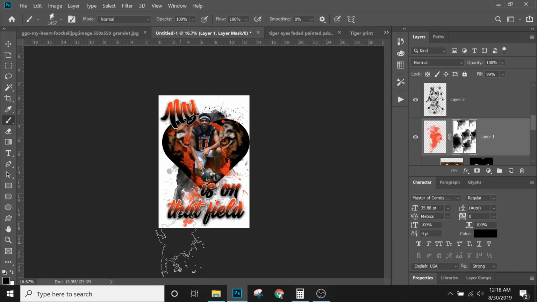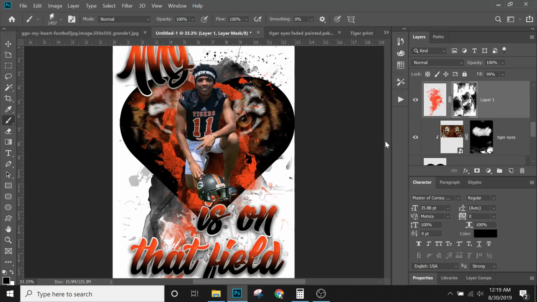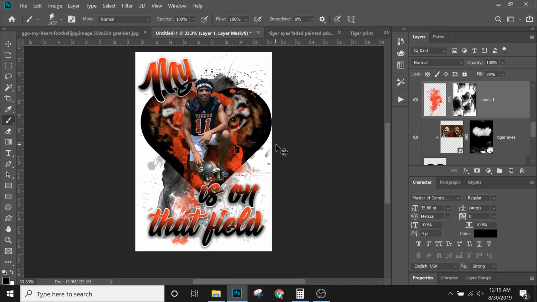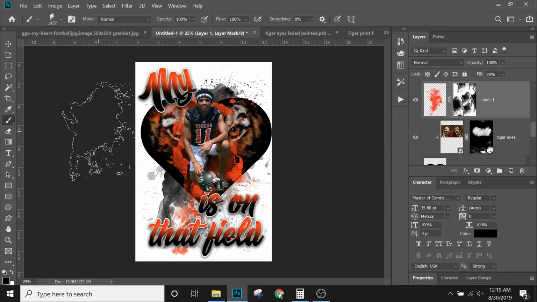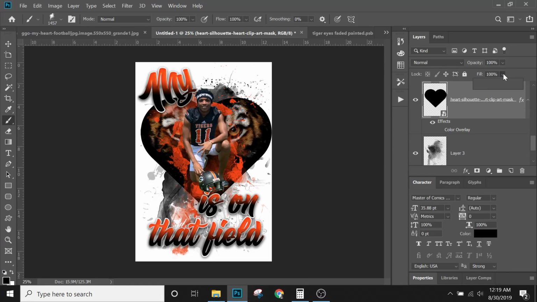If I control minus, I'll zoom out. And this is also how I go around and ensure that I don't have randomness coming off the side of my page that I don't want. And right now it looks pretty artsy. I'm liking it a little bit more. I may take the heart silhouette and